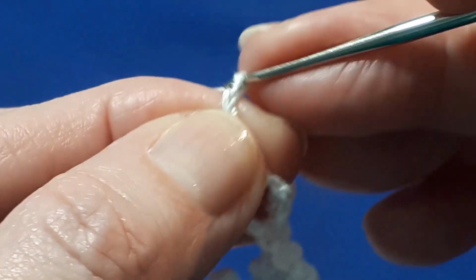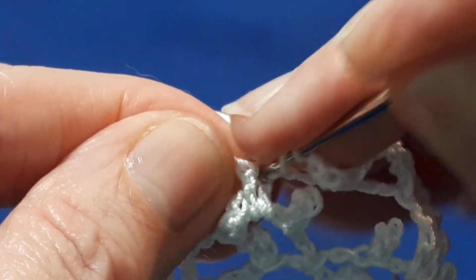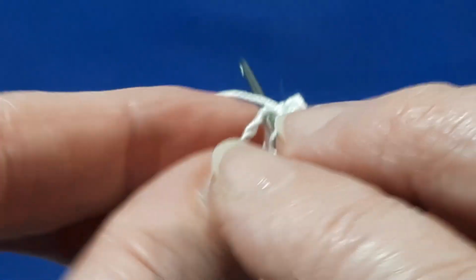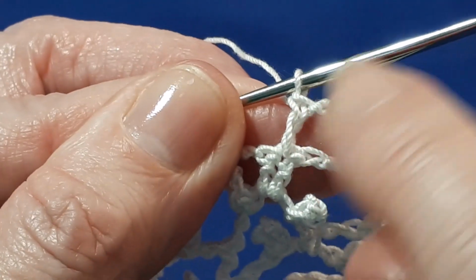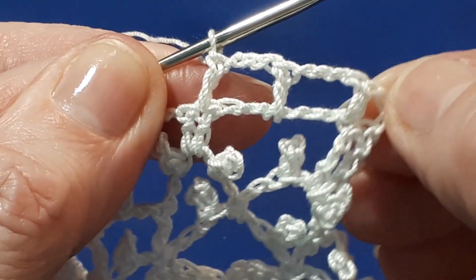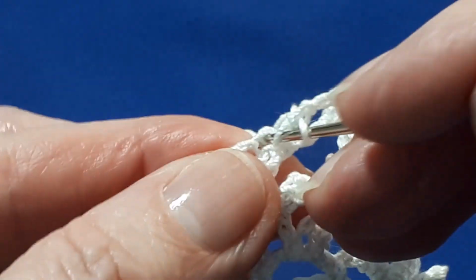Chain 3, 1, 2, 3, and then work a double crochet into each of these 2 double crochets here. And just rewound slightly, so you've got a double crochet here, 3 chains, double crochet, 3 chains, and your first 2 double crochets here. Next, you need another double crochet in the stitch below,